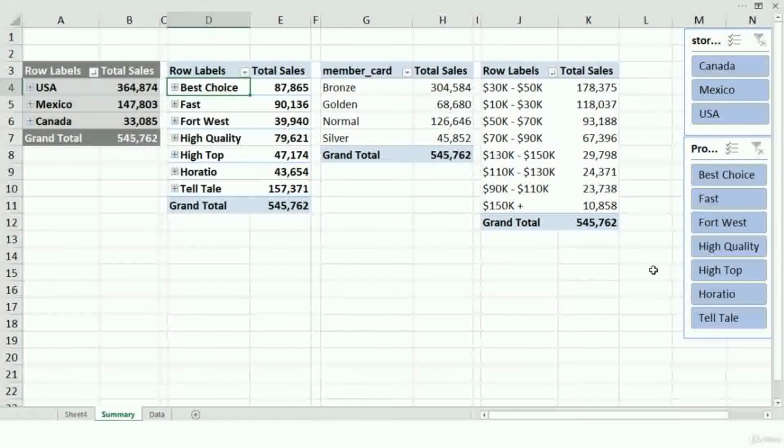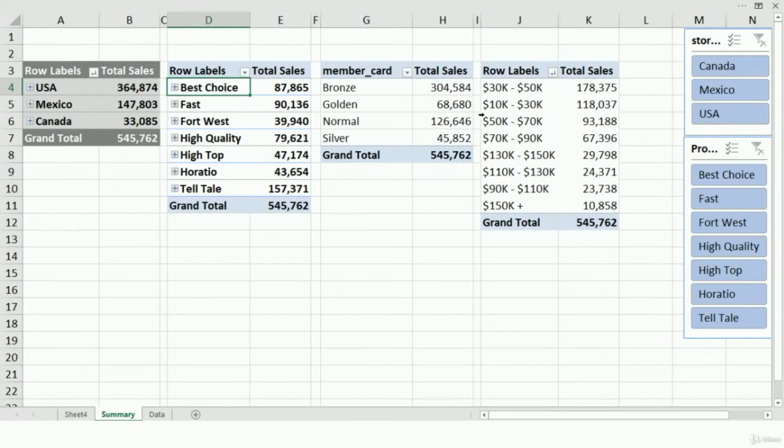So we have just inserted slicers to be able to filter this data based on different parameters. Now the question is, can we also have a slicer for the dates? So for example, we can filter the data by months or by years or by dates. Well, yes, we definitely can. We can use a slicer for that as well, but we have an even better option, and that is called a